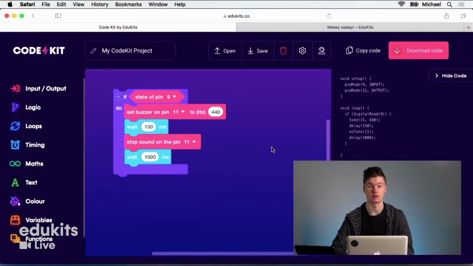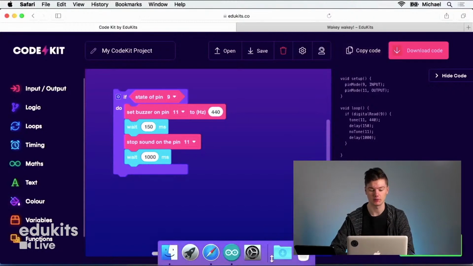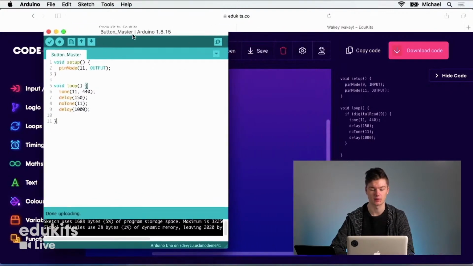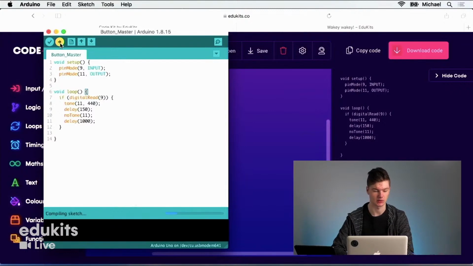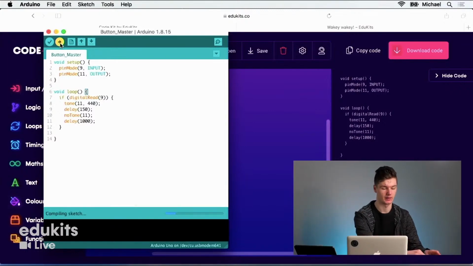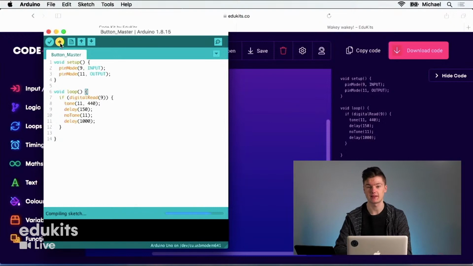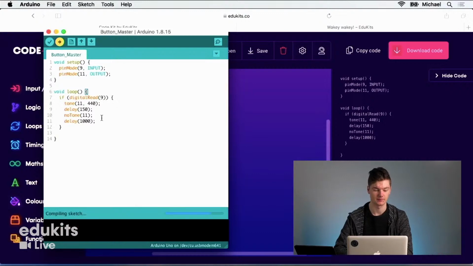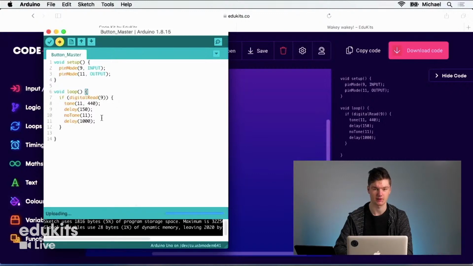Now we can click on the copy code button. Now that's on our clipboard. Switch back to the button master in the Arduino software. Select all the code, delete and paste in the new stuff. Now, I've reconnected the board to my computer. You can hear the buzzing sound. I just had an error, but that was because I didn't plug it in before I hit upload. Don't make the same mistakes as me.